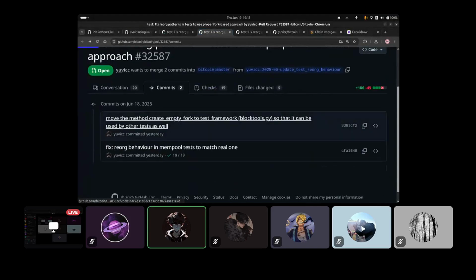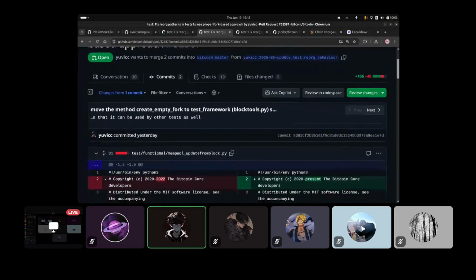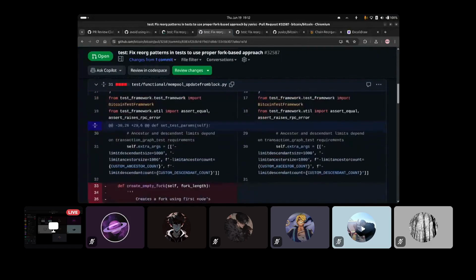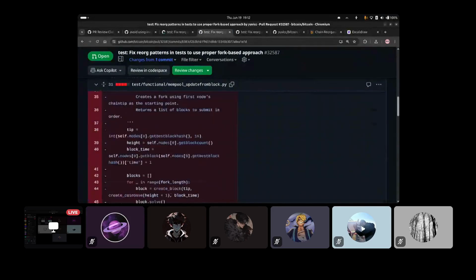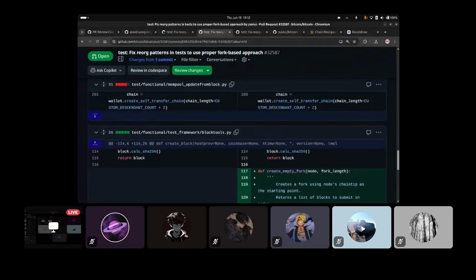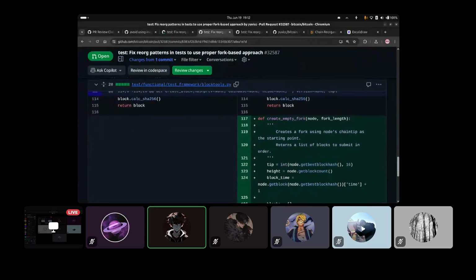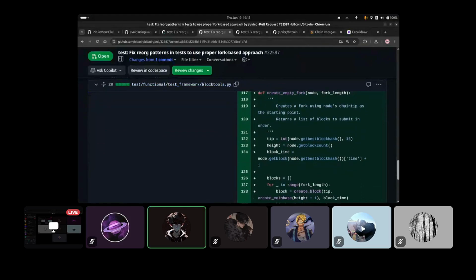Yeah, let's go to the first commit. So how we are doing that, we'll just see that. Okay, so if we go into this functional test framework, inside test framework blocktools.py, what we are doing is we